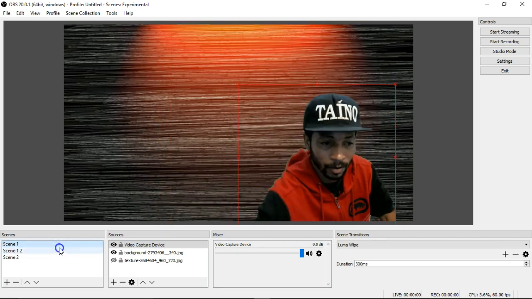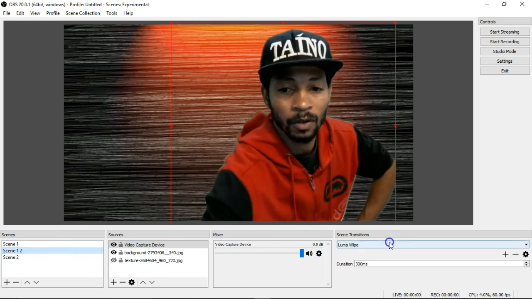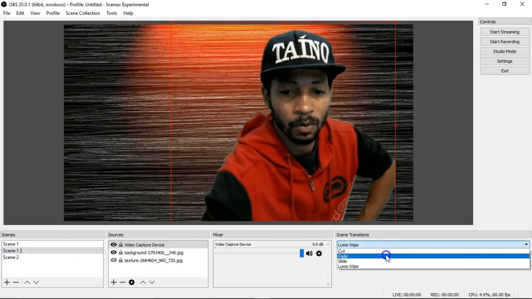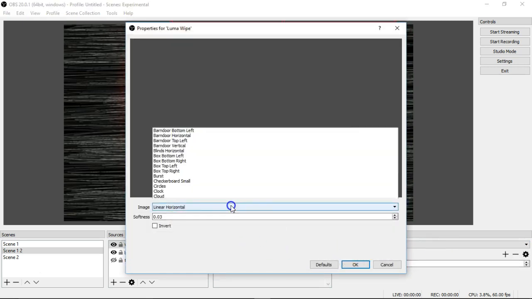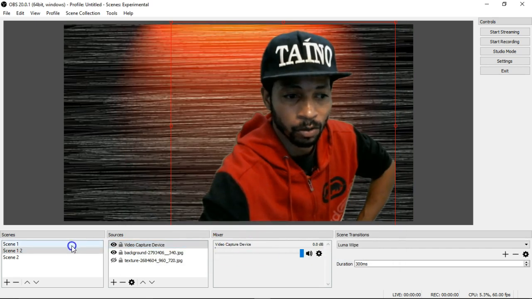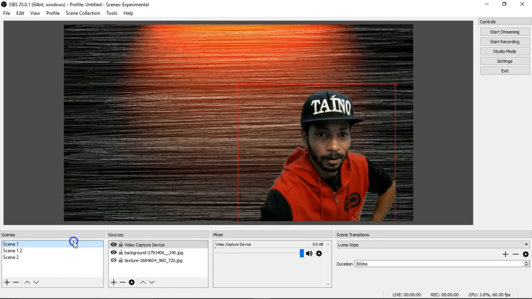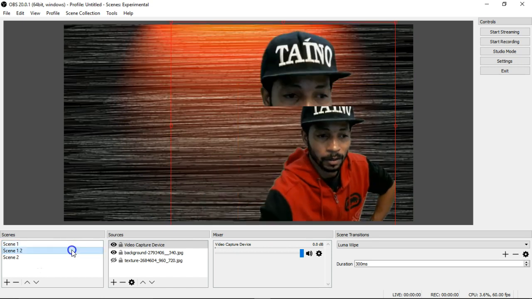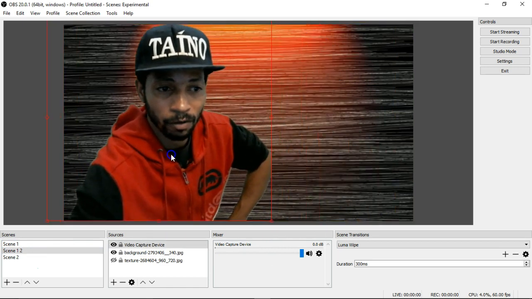Now all you'll see is my head shift. See that? So I'm shifting from one level to the next. You can also go into properties and then play around with that, and let's do horizontal stripes or strips, horizontal, whatever. And now you can see the transition is like that. Pretty cool, right? So you can play around with transitions, put yourself in different placements,